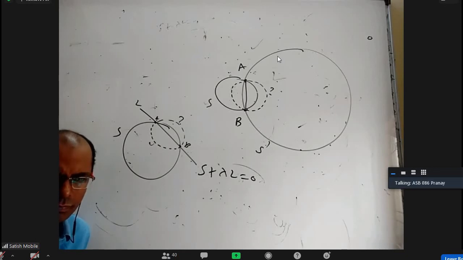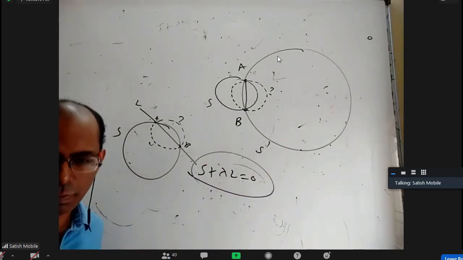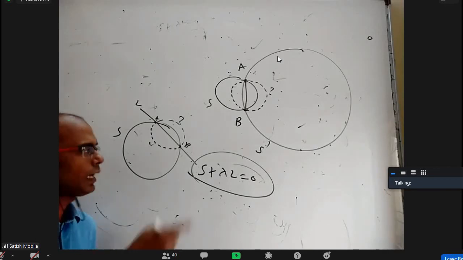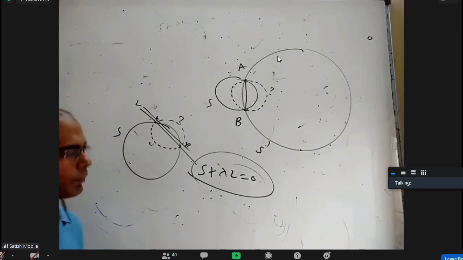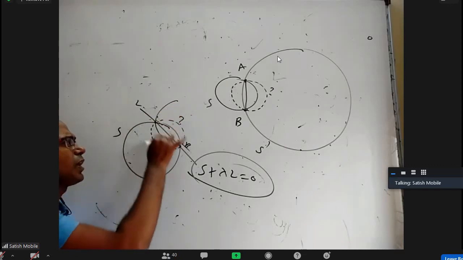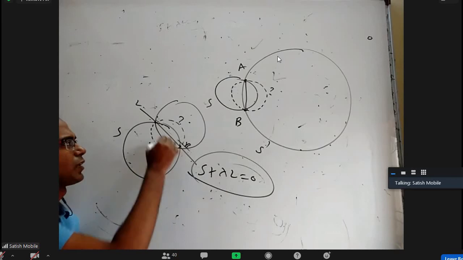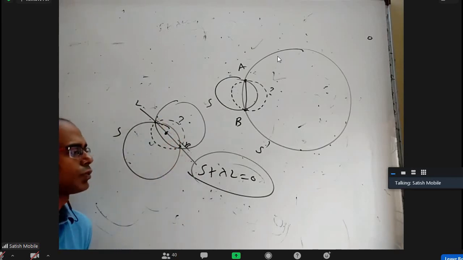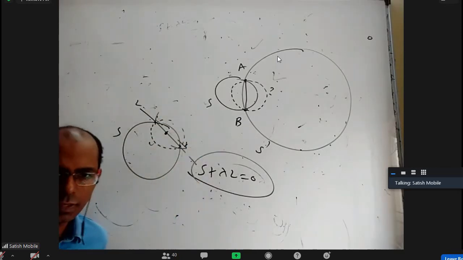Then we'll find the center, sir, and substitute in the L. Yes, you have to find the center of this circle, which is going to come in terms of lambda, and you have to substitute that in the line. Because if you take another circle passing through A and B, that center will not be on the line L. Only for this particular circle, the center will be on L. So we will put that point, we will get lambda, put that back. Any other method other than this?